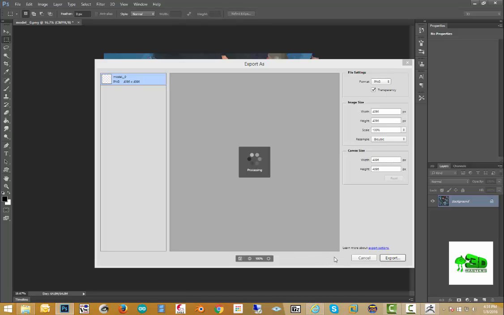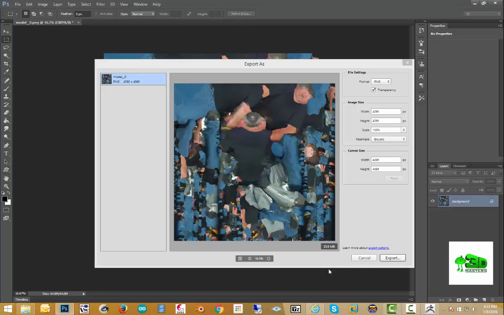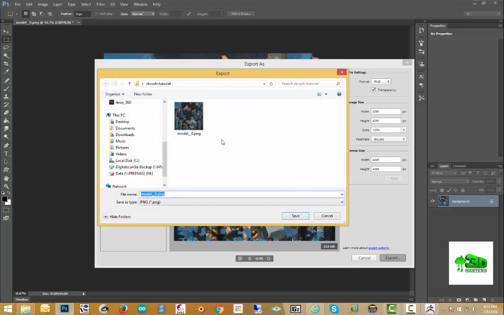And I do also have ZBrush running in the background, so it's going to take a little bit of processing power out of that. So I'm going to go ahead and export. And instead of giving it the original name, because I'm not going to destroy the original one, I'm going to call this one, I'm just going to say